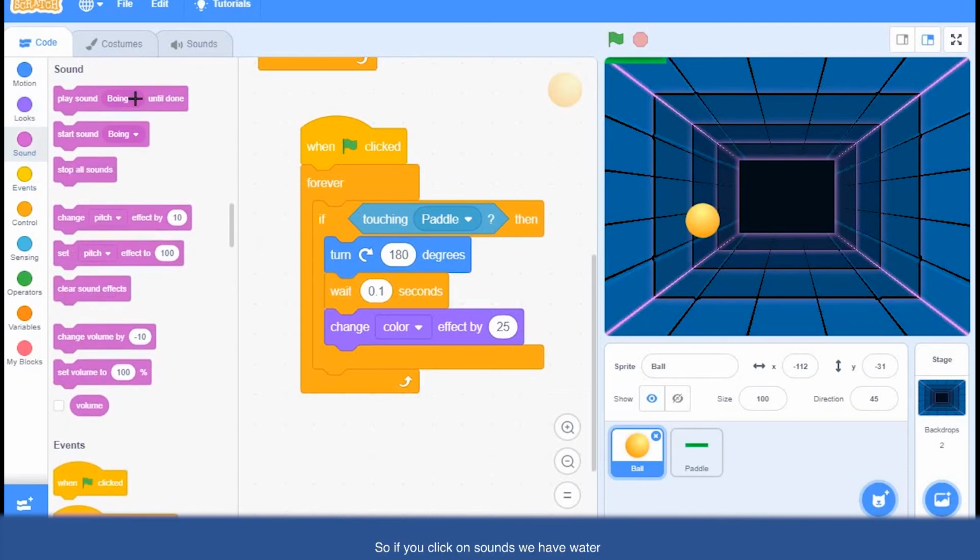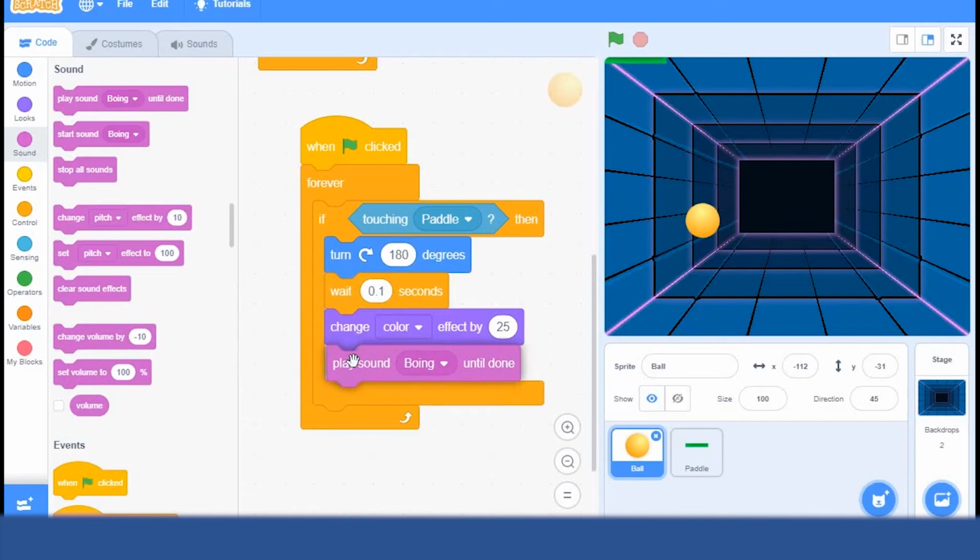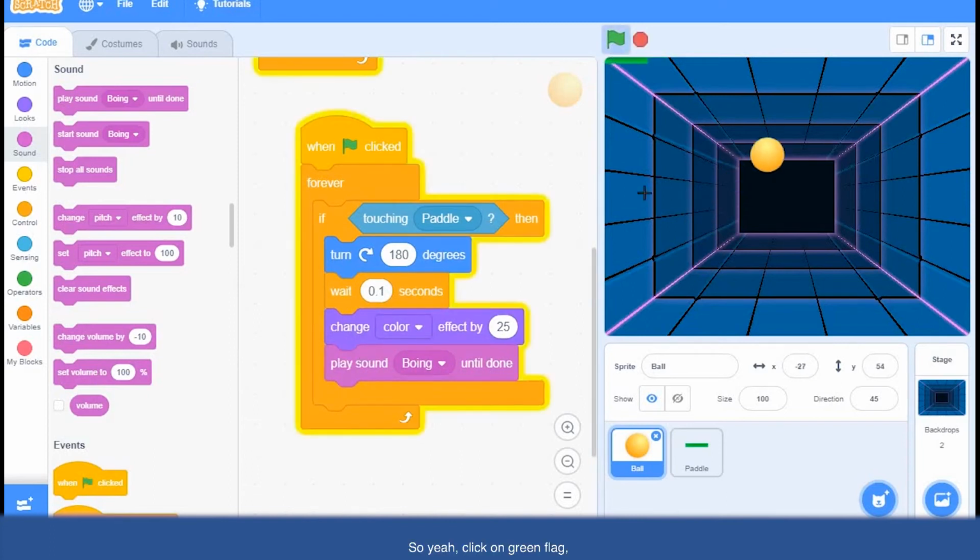If you click on sounds, we have got a boing and a pop sound. The boing sound is a little bit interesting. Yeah. So click on the green flag. Now see. Every time the ball touches the paddle, it is changing its color and it is making the boing sound.